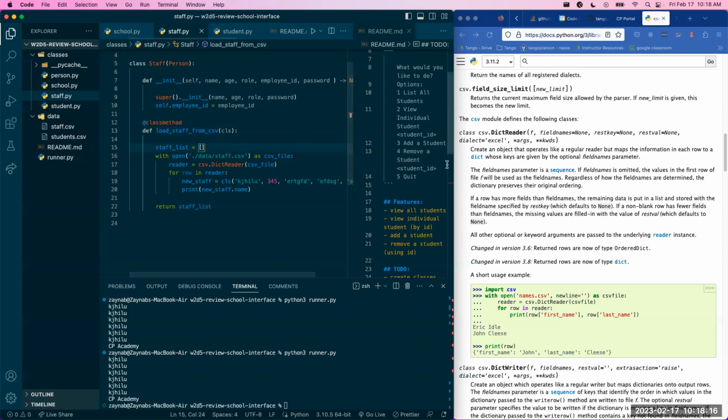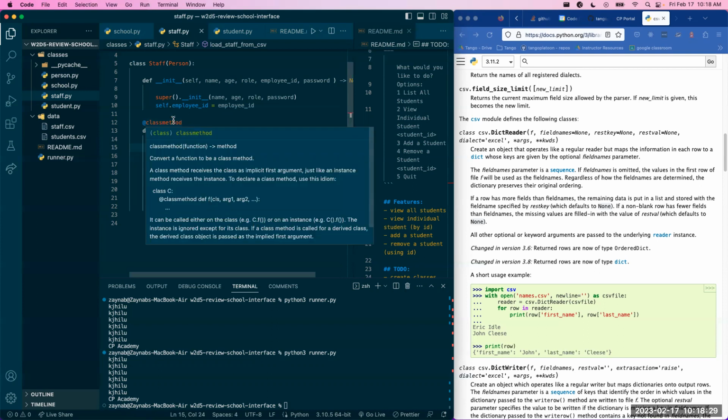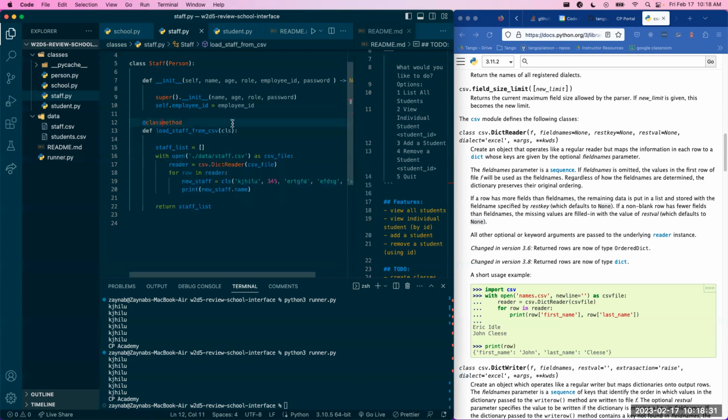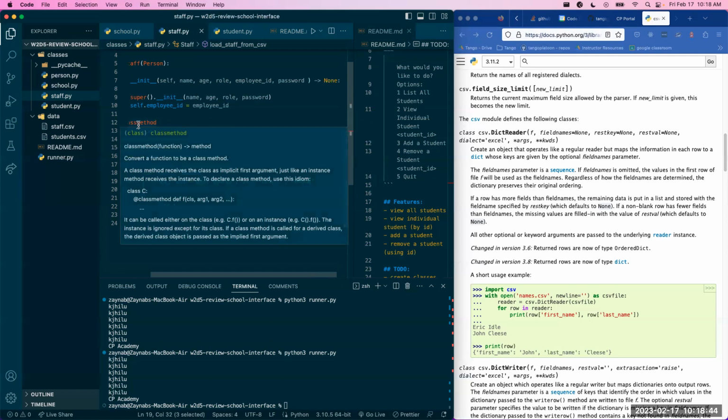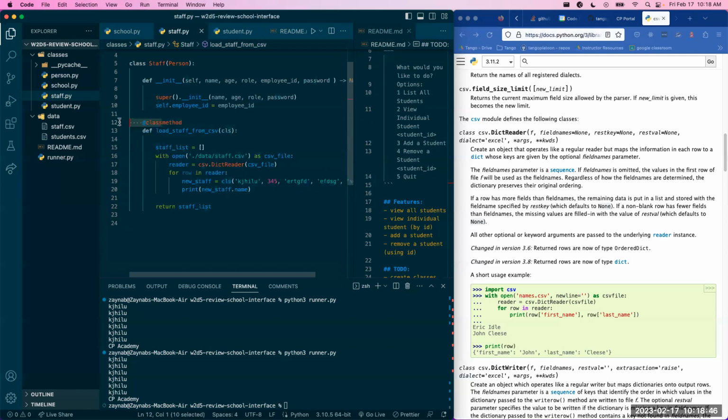Yeah, other questions? Yeah, I'm kind of confused. Going back to one question ago, the class method versus the static method. When would be an instance you should use the static method over the class method? The static method, you would use if you're not instantiating a class. So if you're not making instances of a class, then use just a static method. But typically, if you want to make instances of a certain class, you should use